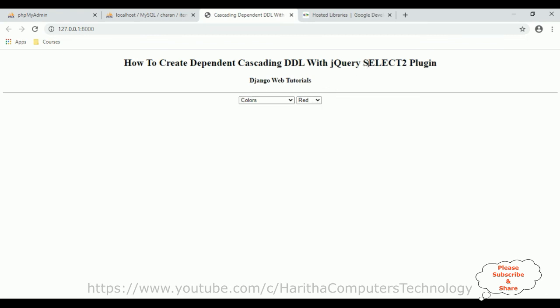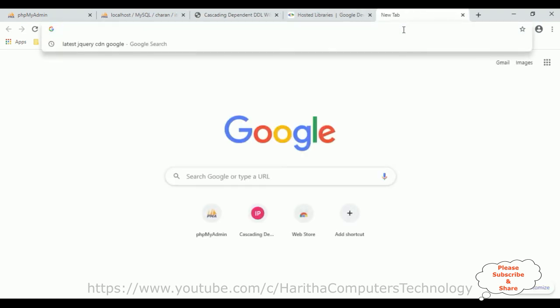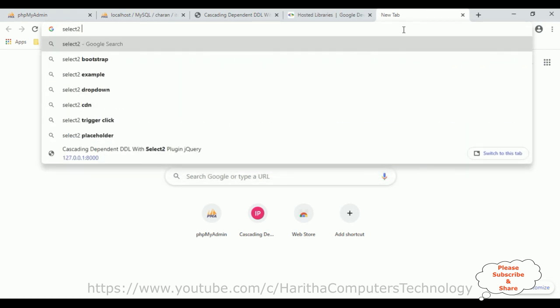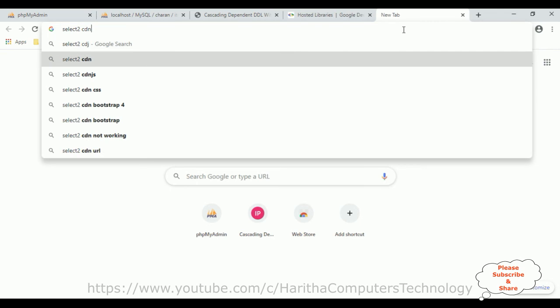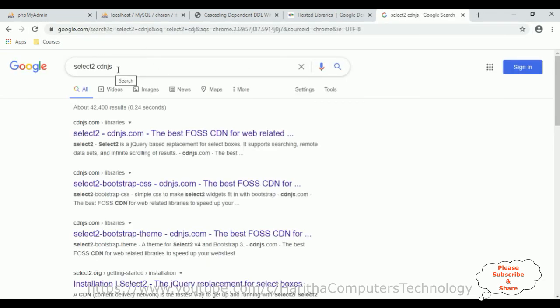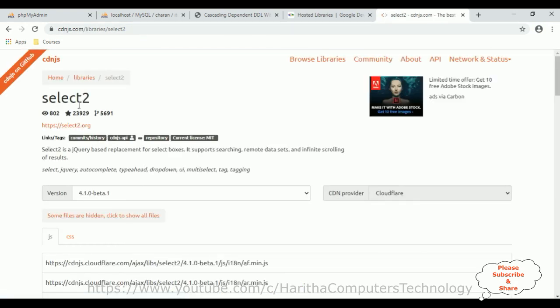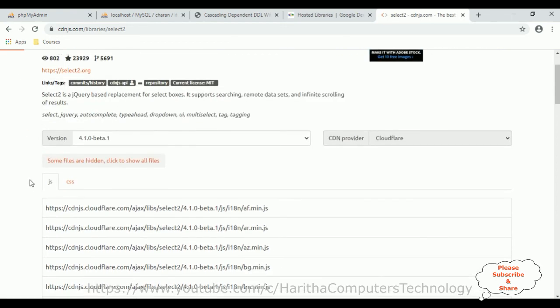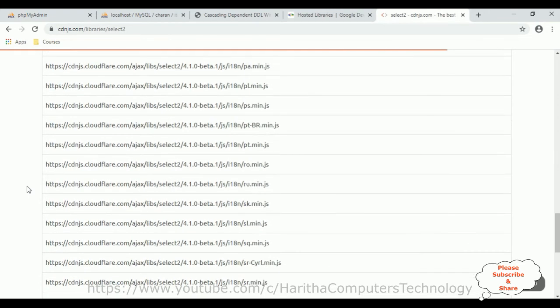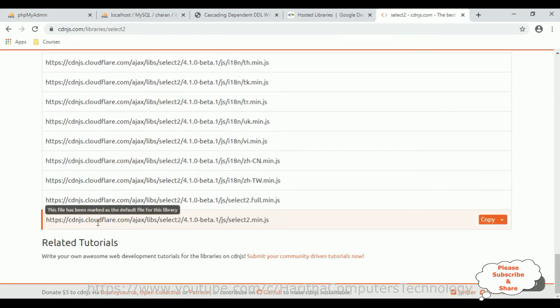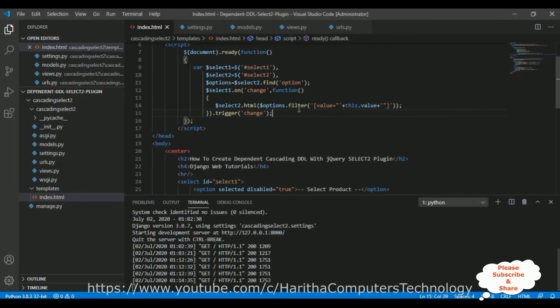Now let's add the select2 plugin to this select option element. Open new browser, search for select2 cdnjs. From the search results, I'm selecting the first option. The select2 is free and open source. We can use this plugin without any license. Come to the bottom. Let's copy this link, script tag, copy script tag and paste